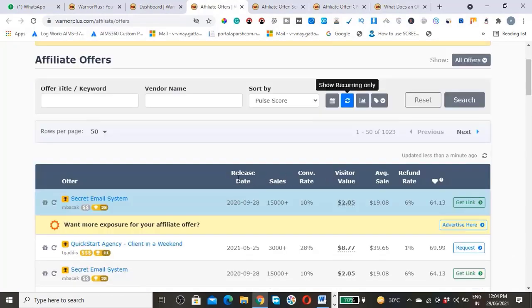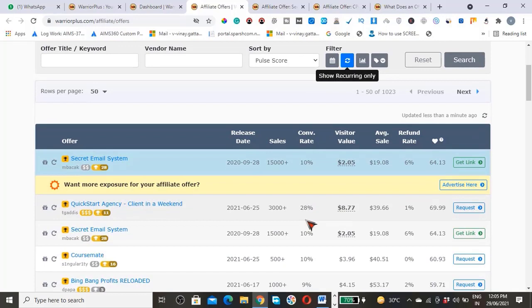Now you can start looking at release date, sales conversion rate, value, average sales, and you can start to find a good offer to promote. Note, I said a good offer to promote that actually solves a real problem for a real person in your audience, that you can feel good about promoting at the end of the day, and getting them in a membership that is going to help them every month with a good vendor that is going to support them and help them with their problem, and usually in this case with WarriorPlace that is making money online.